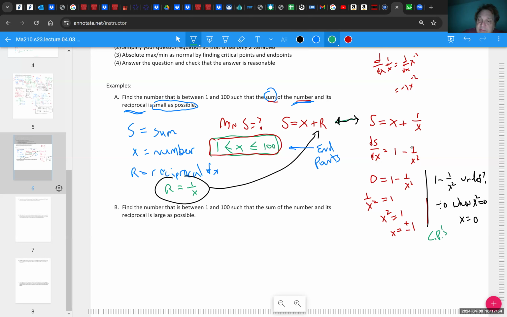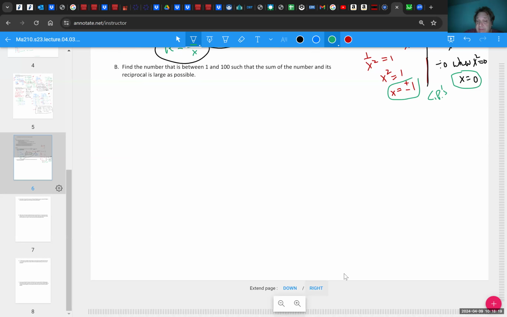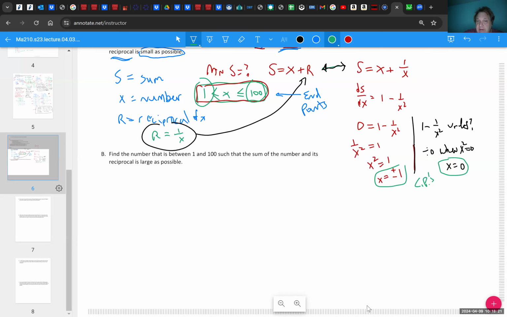CP, critical points right here and right here. So there's three things that we need to check that are critical points, and two things we need to check for endpoints. 1 is an endpoint, and 100 is an endpoint, right? So there are endpoints and there are critical points. So now we essentially make a list of all our critical points and endpoints, and the absolute minimum has to be at one of those locations. It's just not possible for it to be anywhere else. All right, so